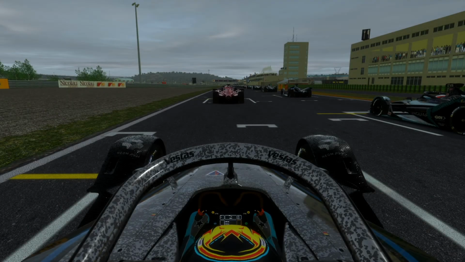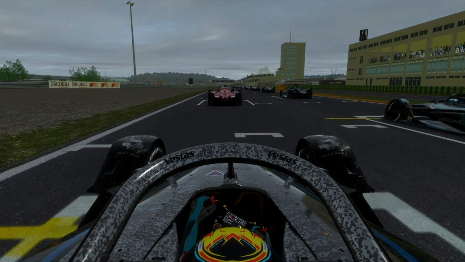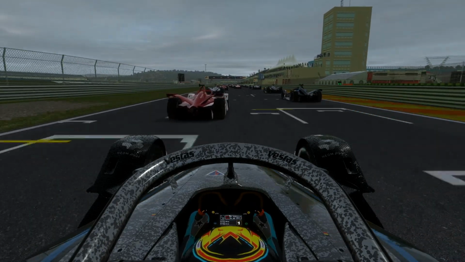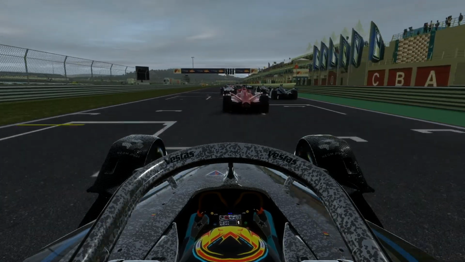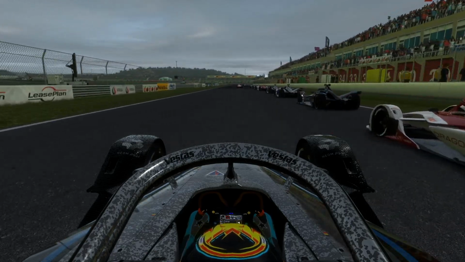So here we go then. Let's try and have a good start here then. As Stoffel Vandoorne in the Mercedes EQ team at Valencia, and it is lights out, and away we go here. And it's a pretty decent start, not gonna lie, in the wet conditions. This is actually my first ever last question mark Formula E race, so it's gonna be quite interesting to say the least,